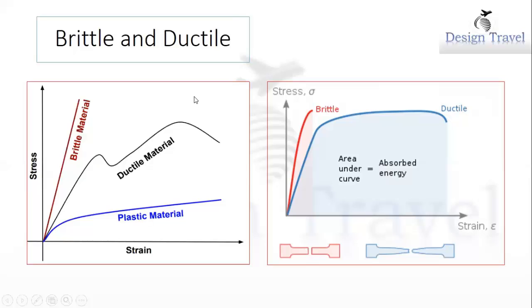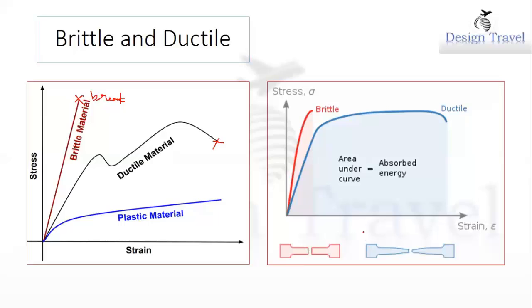Okay, look here. This is the stress strain curve for brittle material. After this point, it breaks. For ductile metal, as we've seen before, it shows elastic behavior, elastoplastic behavior and plastic behavior, then it will break. But plastic receives load in a different manner, and composite is also different. So look at the right side view. The red color indicates brittle material, and it breaks easily after a huge amount of load is applied.